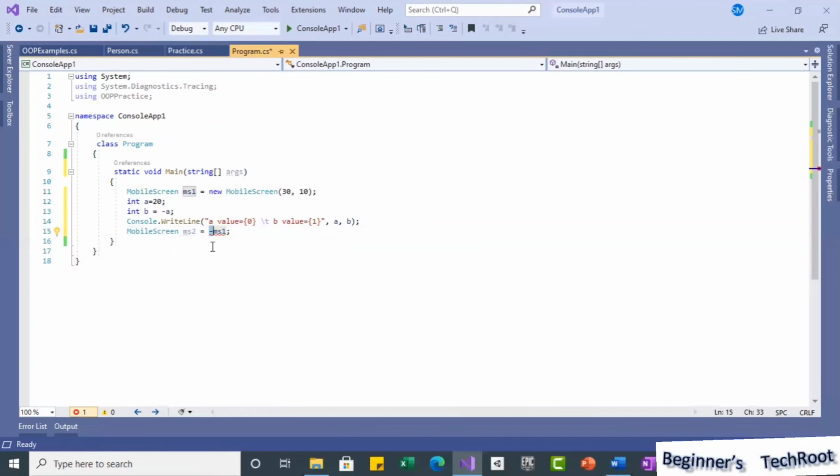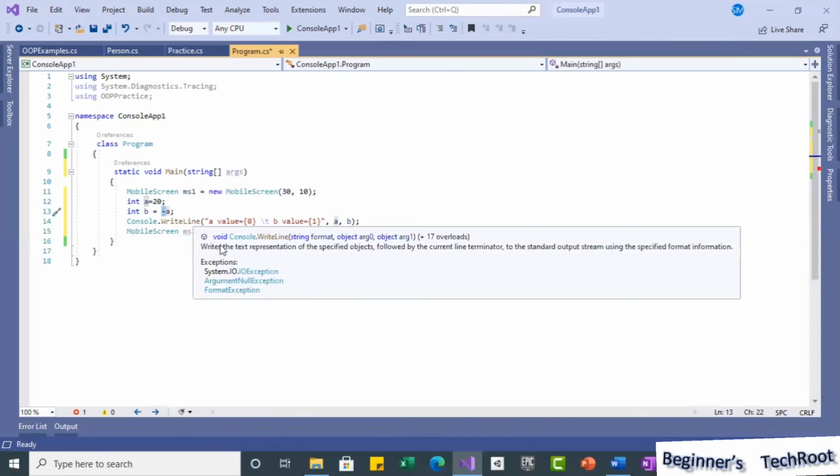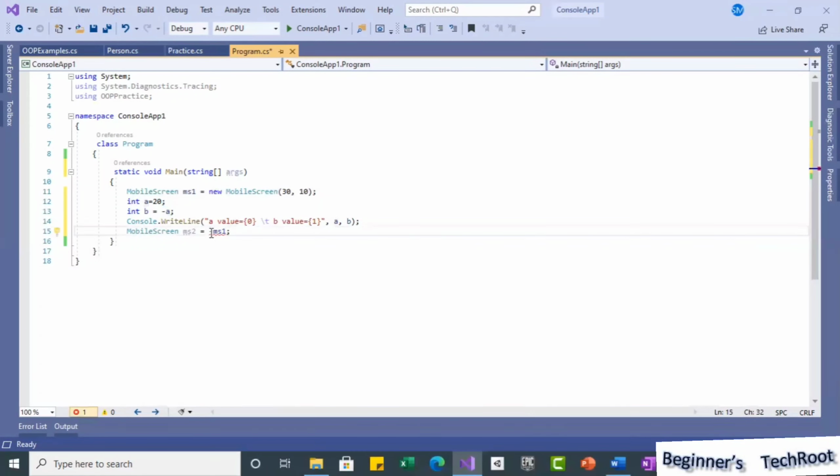Here polymorphism is happening: for these built-in types, the operator automatically behaves implicitly, but when you use the same operator for an object of this MobileScreen class, it behaves differently, the way we overload it. So this is what operator overloading is.